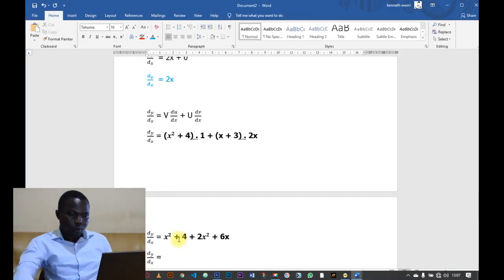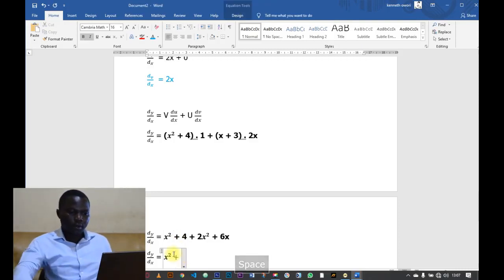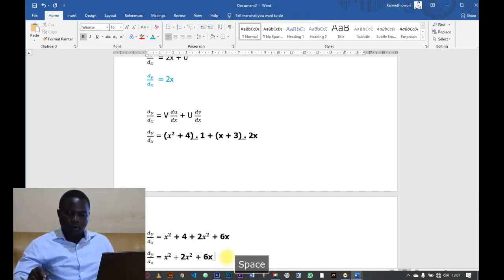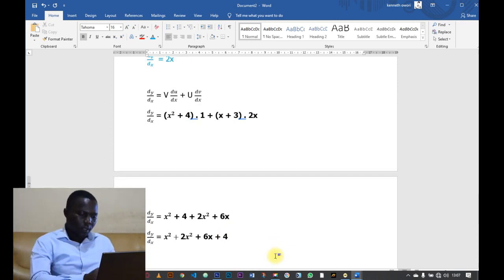So we bring the square powers together. x squared plus 2x squared plus 6x plus 4, meaning our derivative would result in